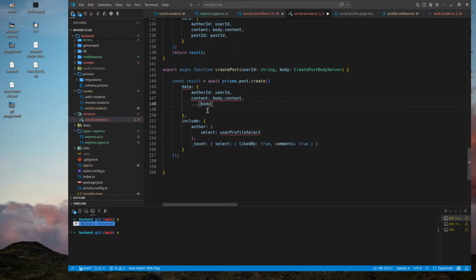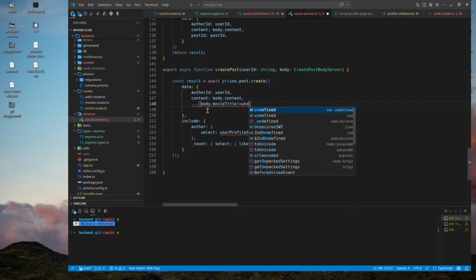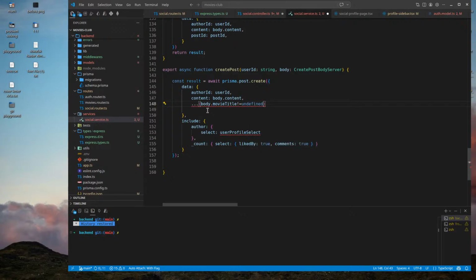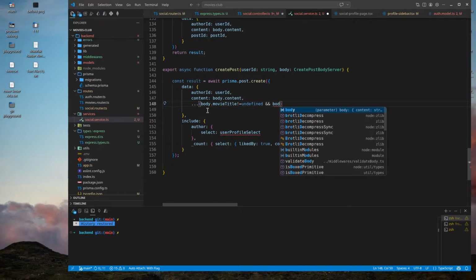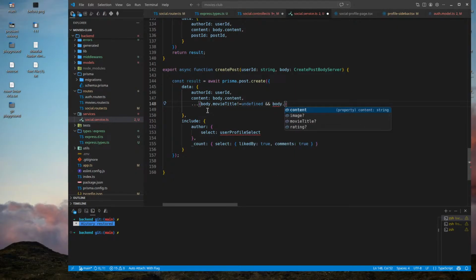Like body dot title is not equal to undefined, and body dot with title.